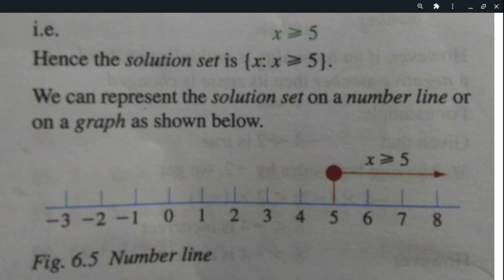So do we have to number it? Number it. You can just number it 0, 1, 2, 3, 4, 5, and then when it reaches 5, you just start to shade it there.